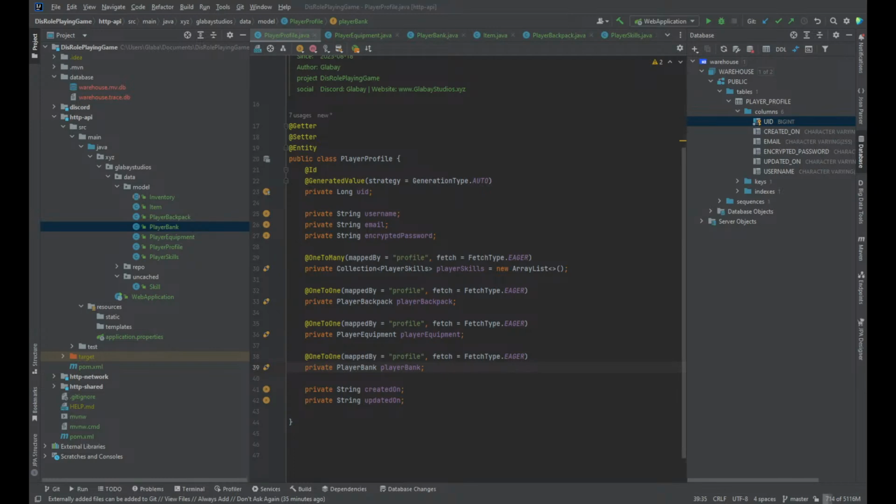Yeah, because the next thing we're going to be looking to do here is creating a service layer for the player. So we're going to create a PlayerService.java, and that's going to handle things like fetching, well, we'll start with the very basics. It's going to handle creating